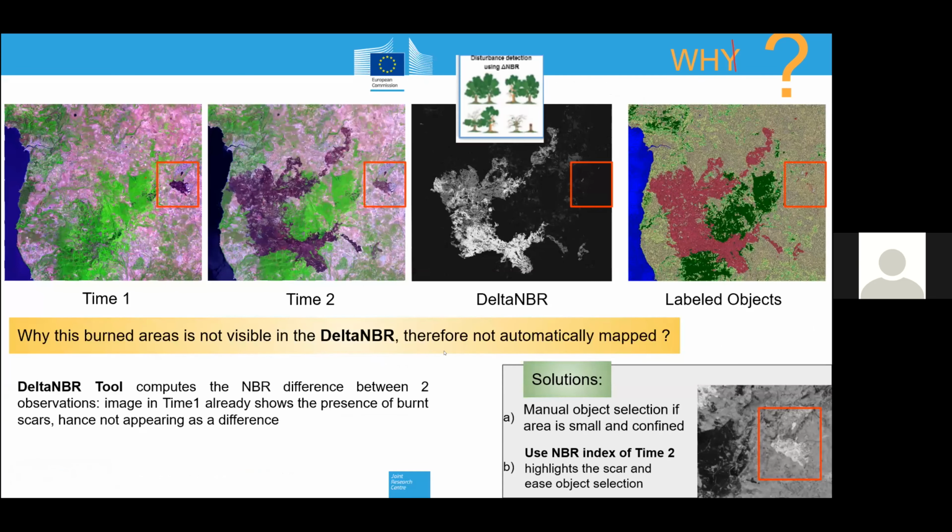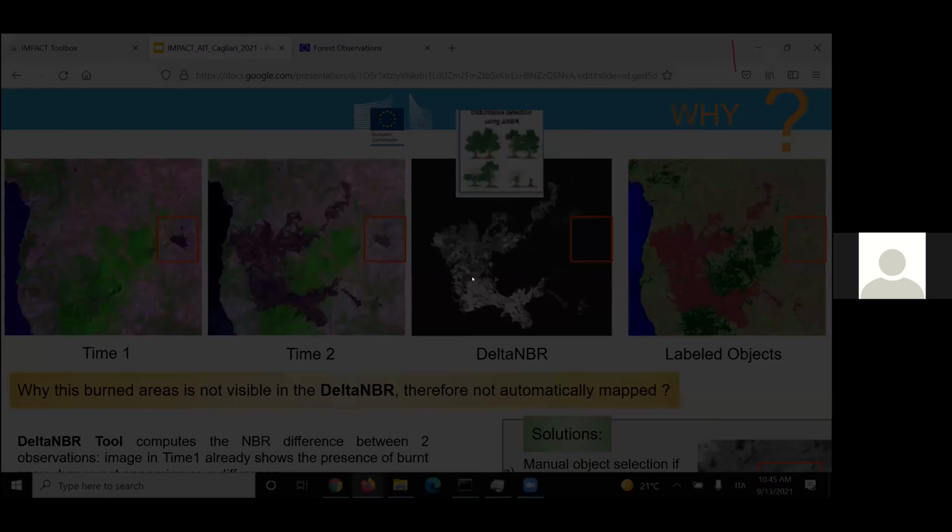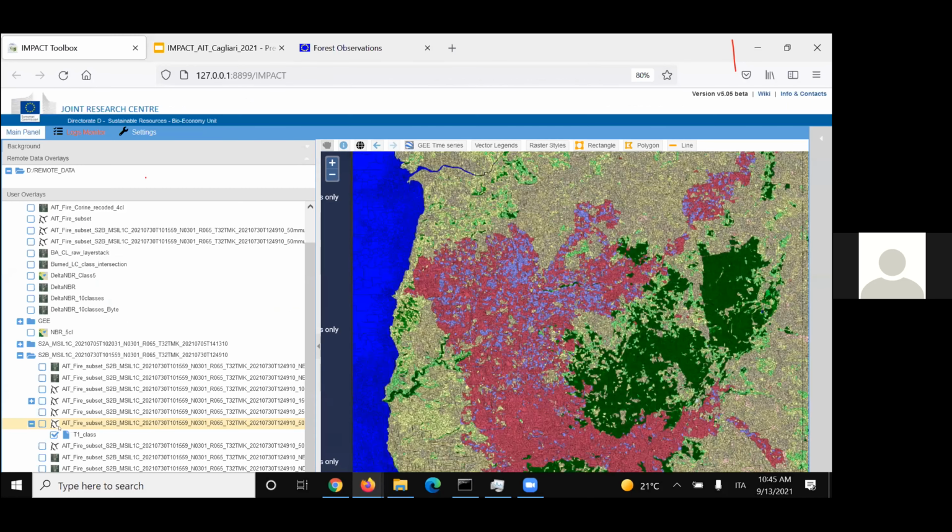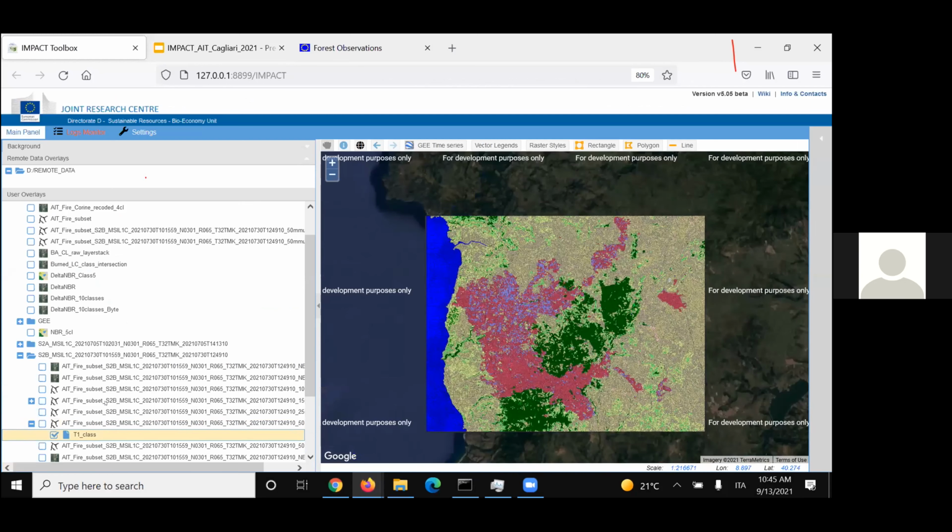Okay, in the workflow, we have used the delta NBR as a way of highlighting all these burned areas in order to automatically classify our polygons. But what you can see here is a missing classification of this area. What happened? So if we zoom to the entire section, now this is classified because I did it for the presentation,